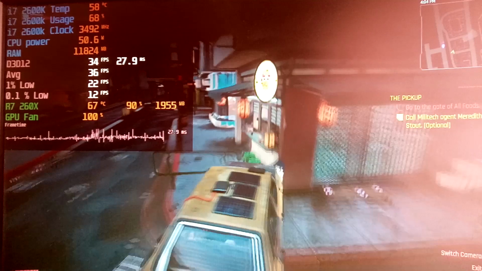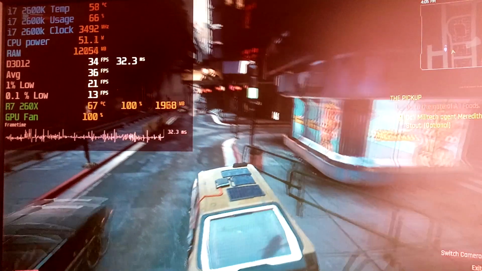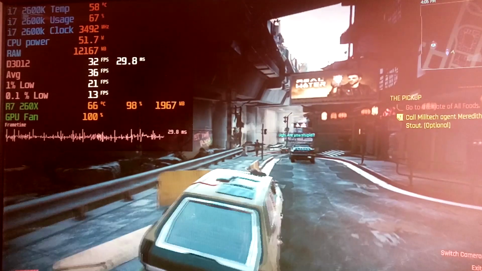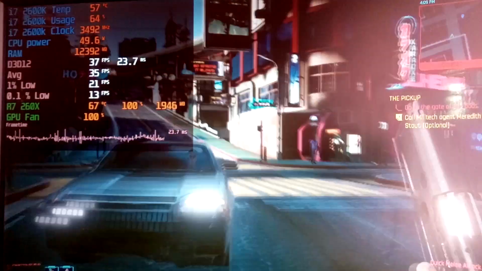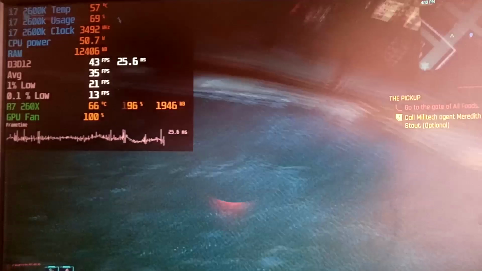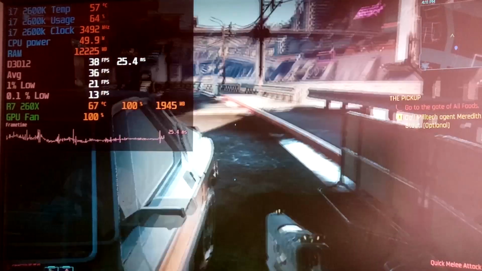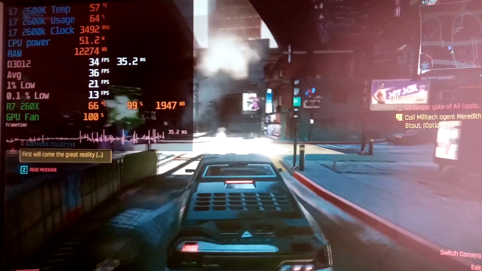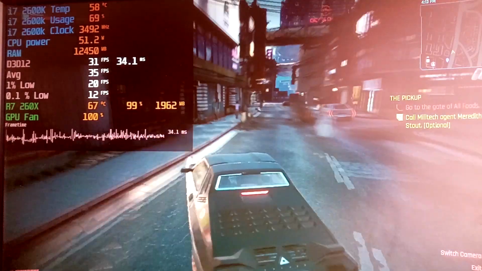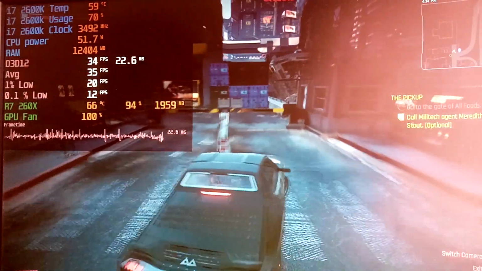And the trend, 1% lows are 21. Just get here, climb into another vehicle. Where is another vehicle? Here it is. Okay, we're dropping to 29, but it's still playable. It's a bit stuttery, but it's,